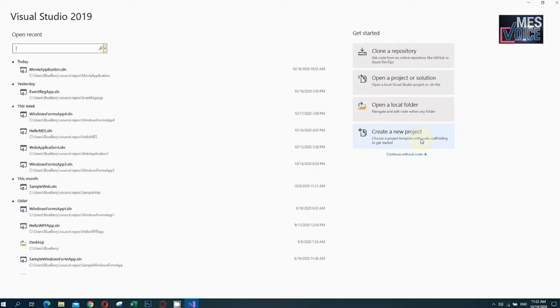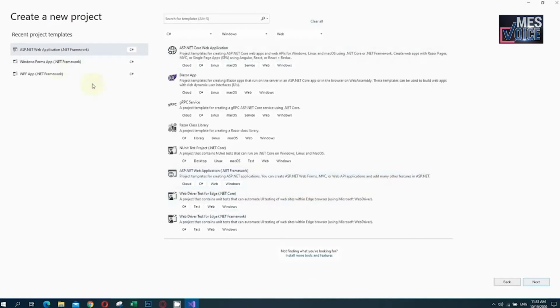The first one is creating a project, right? So we are clicking this link for creating a project. By clicking here, a pop-up window comes, and after that I will configure my project in that window.